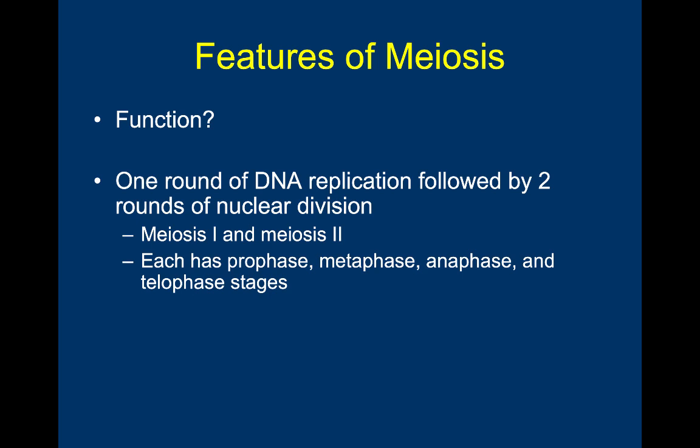There's no round of DNA replication in between them. So like I said before, with meiosis, we're doubling the chromosome number once and dividing it in half twice. Now, something else that's going to be important that we're going to see is a situation called synapsis, which actually